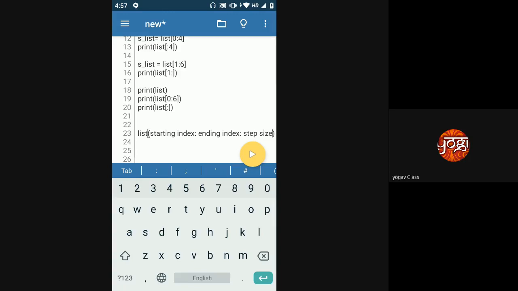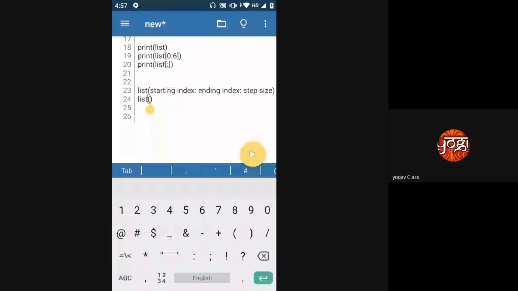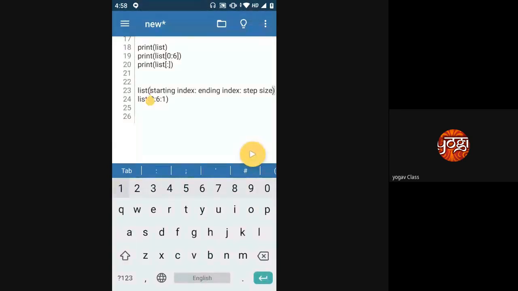So when I say list 0 to 6, it means my starting index is 0, ending index is 6, and my step size is 1. What does step size mean?